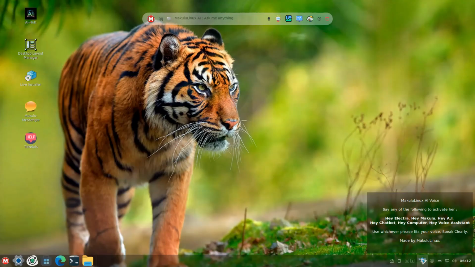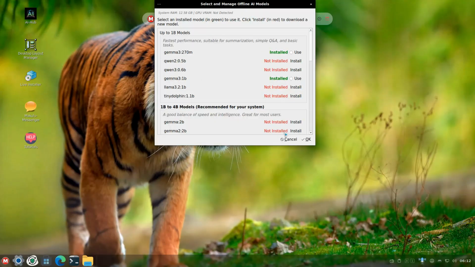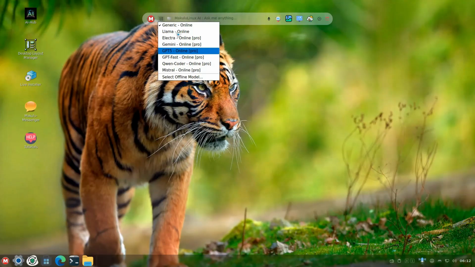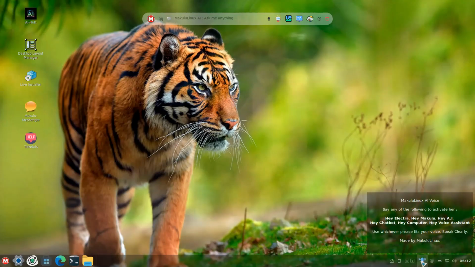The whole thing works offline, right? So over here you've got online and offline that you can choose. You can choose offline models or you can use the online models that are available. And you can either chat with text here or with voice. That's nice. But you do also have, like you do with your Hey Siri and with your Android phones, where you can talk to Google and Siri just by activating Hey. This is the same thing. It's on your PC, it's always there, but it's not activated. It's basically sleeping, the same way that Siri is sleeping, until you say, Hey Electra,